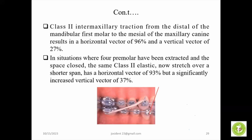Coming to class 2 intermaxillary traction, the force from the distal of the mandibular first molar to the mesial of the maxillary first molar has a horizontal vector of 96% and a vertical vector of 27%. In situations where 4 premolars have been extracted and the space is closed, the amount of stretching will decline. So the same class 2 elastics, now stretched over a shorter span, have a horizontal vector of 93%. So the concept here is, if you want to have a higher horizontal force component, you need to extend the elastic to the farthest distal point, which means, let's say you have